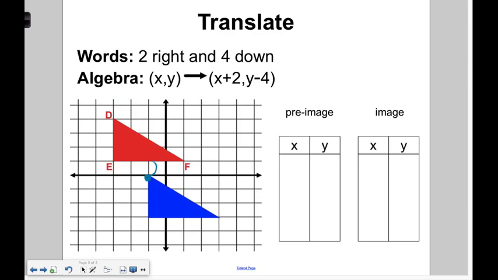Now the way that we notate the new images, so this is called the pre-image. And I want you to label this. This is called the pre-image. And the blue one now is just called the image. And the way we notate this